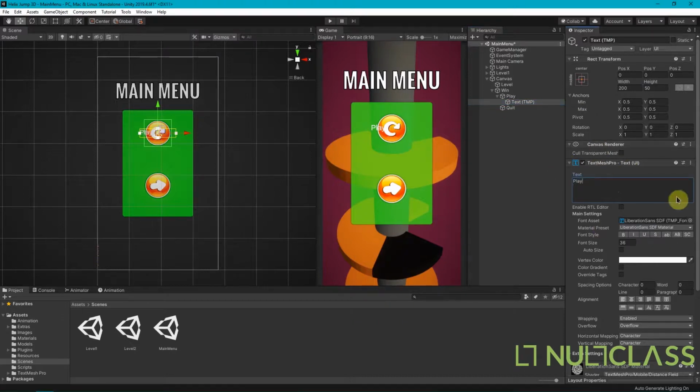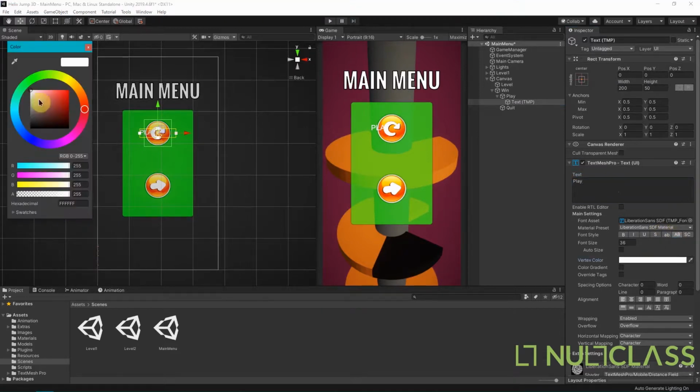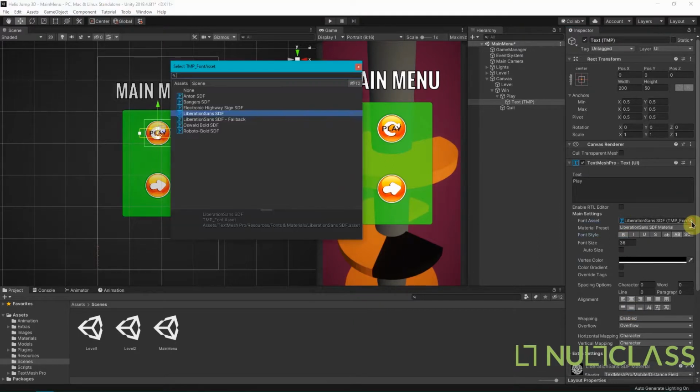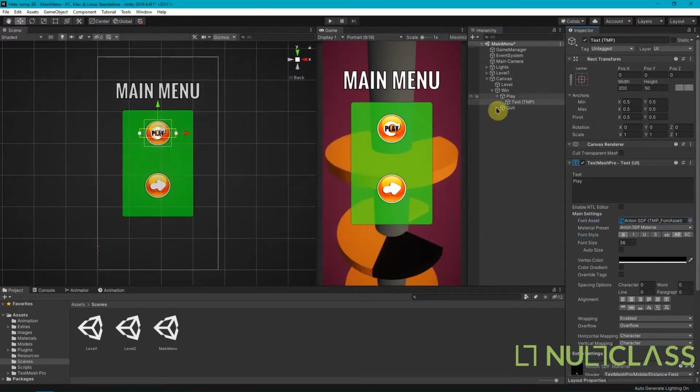This is going to be all bold and black. And we are going to choose Anton SDF. Let's bring it down. The font size is this much, and let's copy it